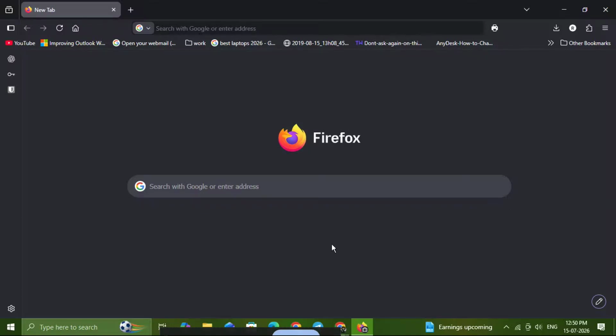If Firefox keeps autofilling your email ID and password, and you want to stop it, this quick tutorial will show you exactly how to turn that off in just a few clicks. This is useful if you share a device. If you do not want your login details saved in the browser, or if you simply prefer to type your